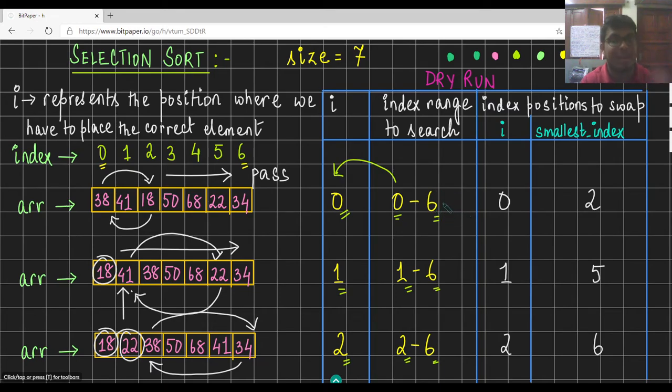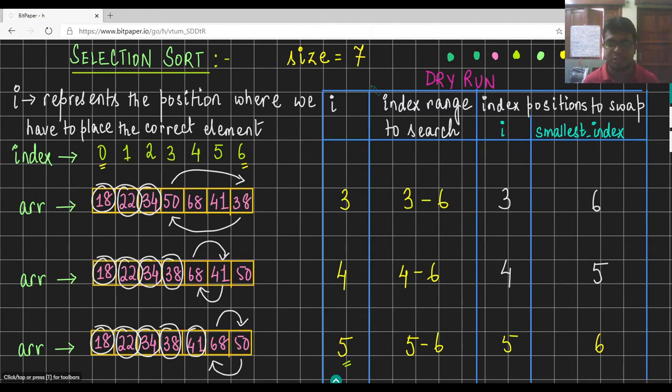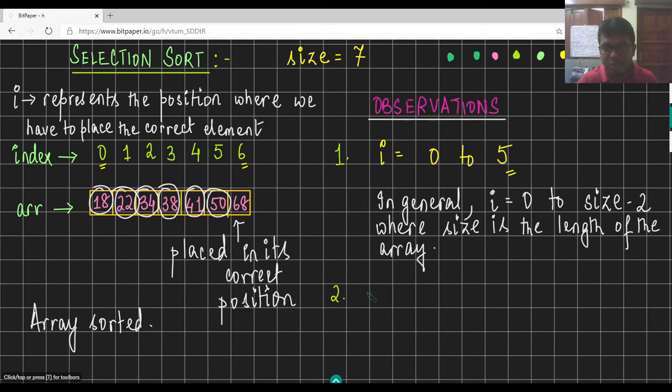And how can we arrive at the upper bound? 6. Size minus 1, because the value of size is 7. Let's write that observation. So when the value of I was 0, we were searching in the index range 0 to 6. When the value of I was 1, we were searching in the index range 1 to 6, and so on, right? So in general,